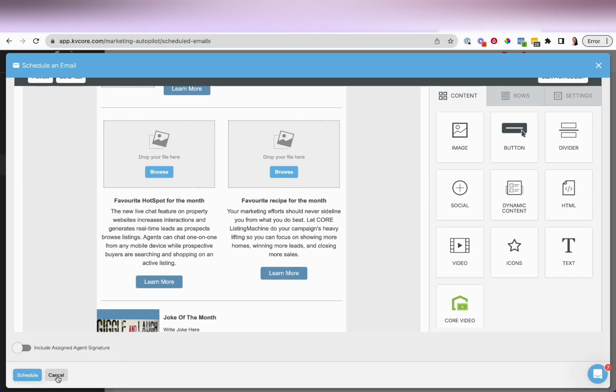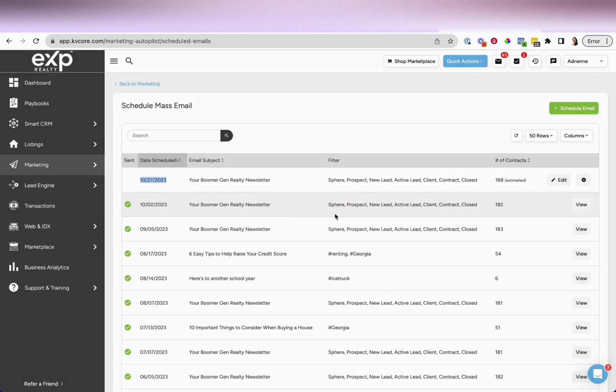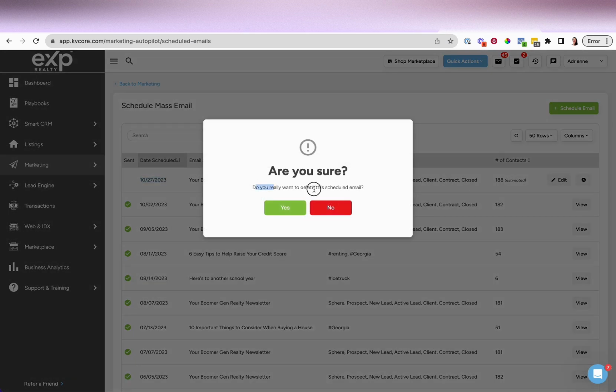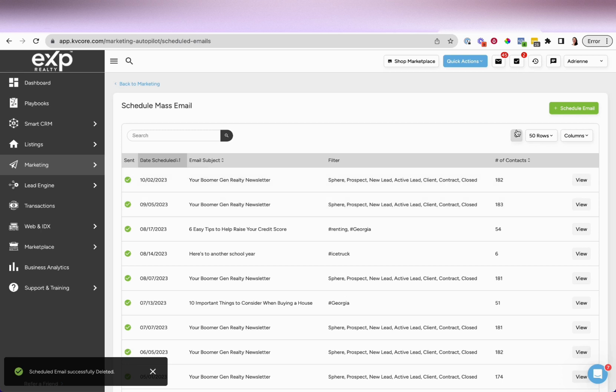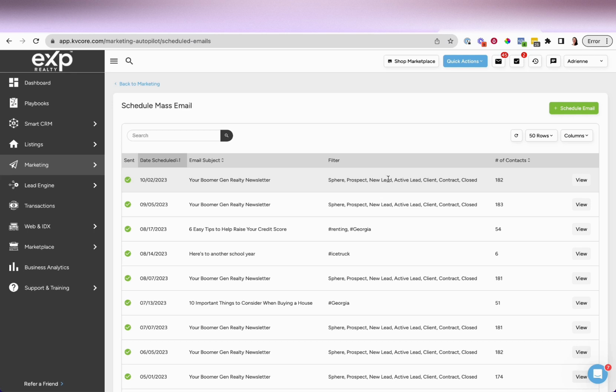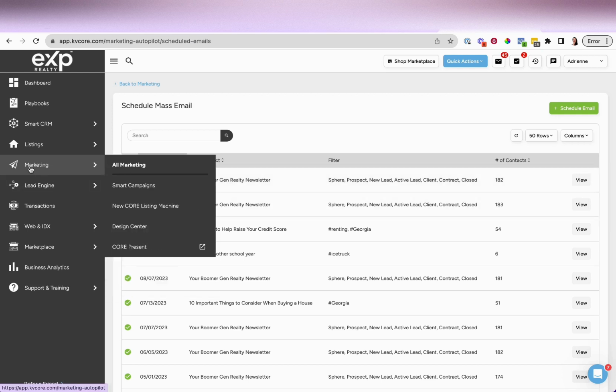Okay, so I'm just going to hit cancel here. Now, if I wanted to cancel it altogether, I can just hit the cross here. Do you want to delete it? Yes, I do. Now, just be aware when you edit your newsletter template within this platform, it's only editing the template for this month. Now, if you're finding each month you're having to do some pretty standard repetitive edits that you want to exist there all the time in the template,